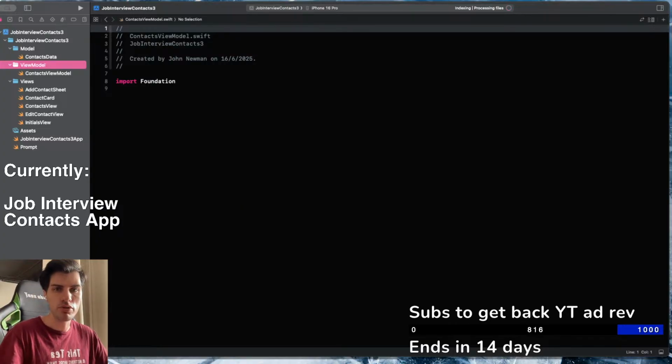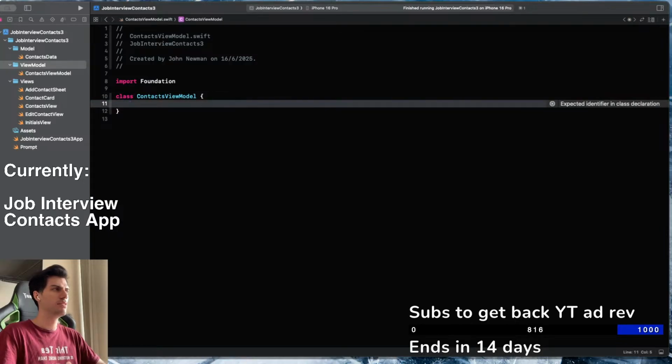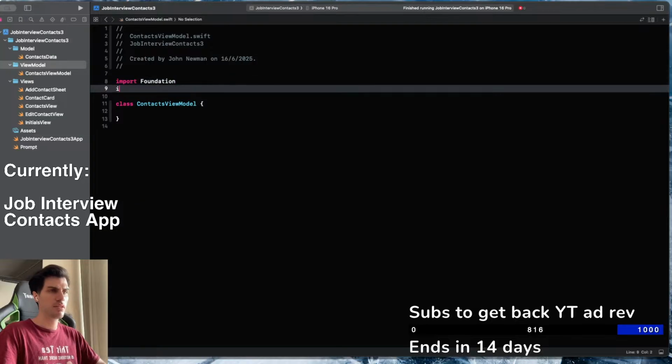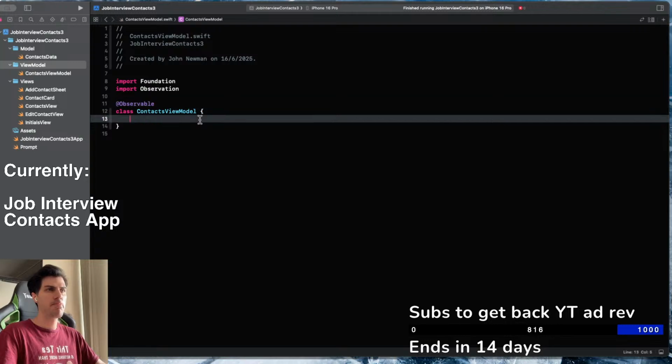View model. So here we're gonna create a class, context view model, and we're gonna import observation, and we're gonna make it observable. And that way we can just go